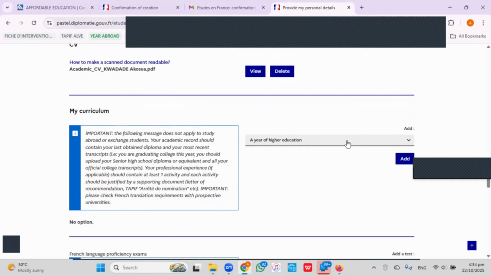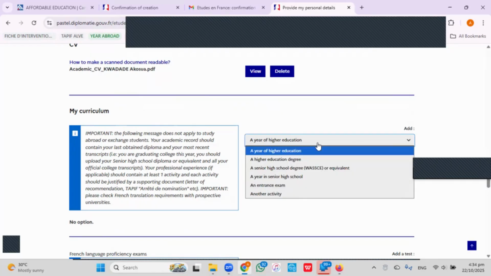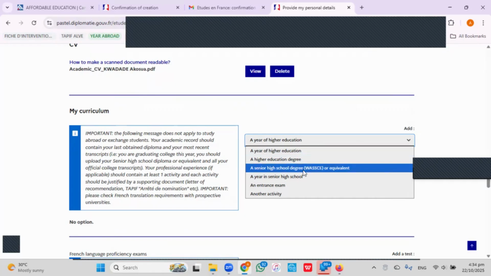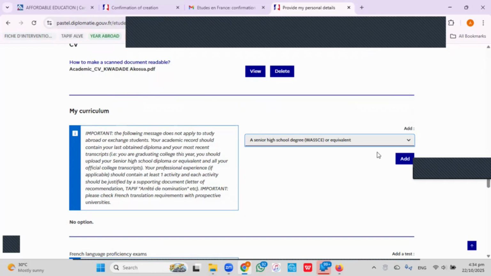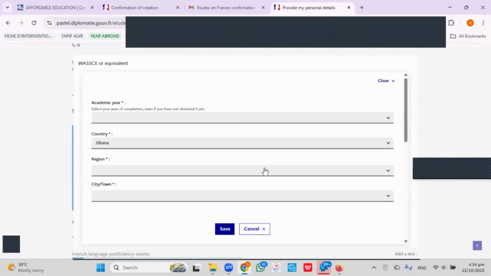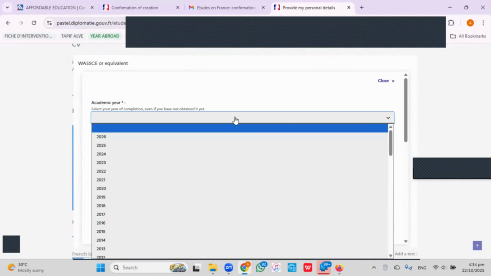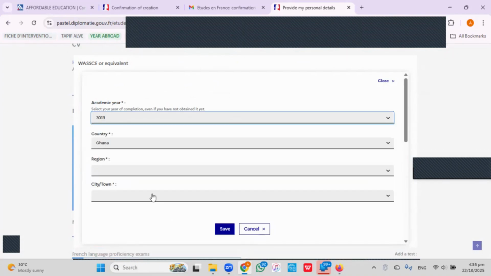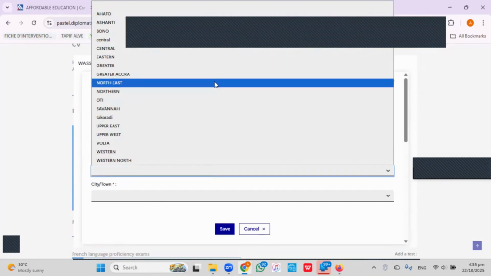Now you are to select an option from the drop-down menu to create lines for each of your educational background. So starting from high school, I select a senior high school degree, WASSCE or equivalent. I click add. And then I put down information about my senior high school degree. And this information has to tally with whatever information is found on your CV. So you select the year that you completed, the country, the region,